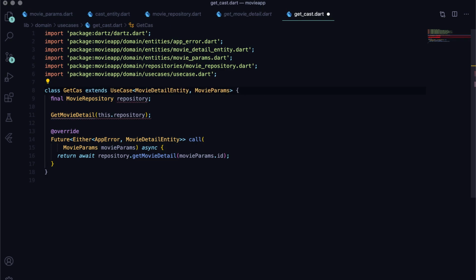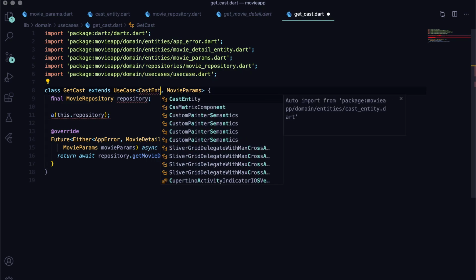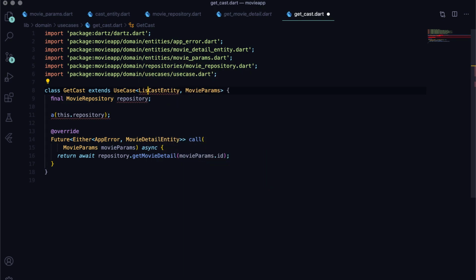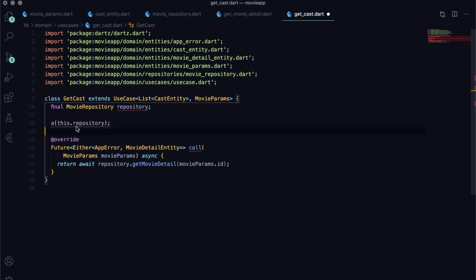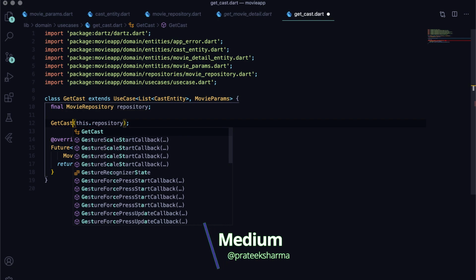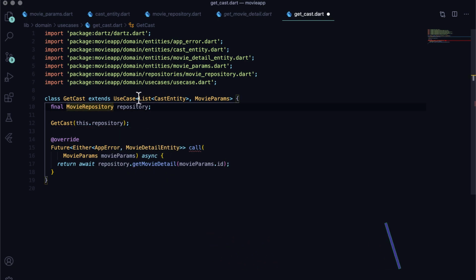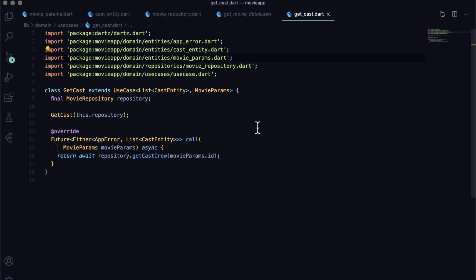The important thing here is that you define the response type and request type as list of cast entity and movie params respectively. The call method works on these types, so change them as well with the correct types. Here you will make the call to getCastCrew instead of getMovieDetail. Now we are done with the domain layer, that's easy and fast.